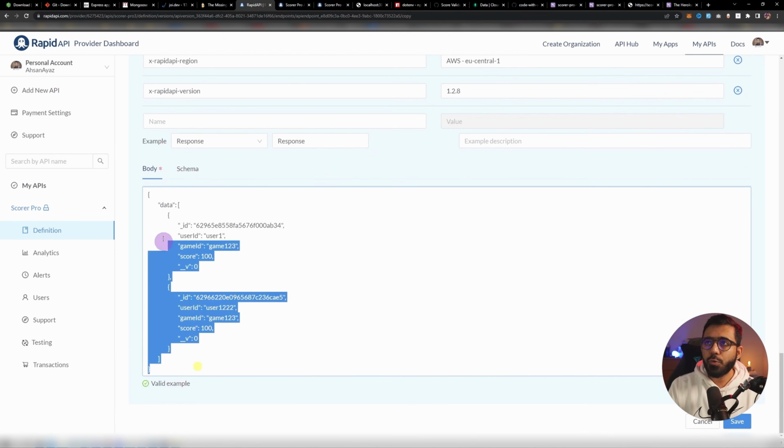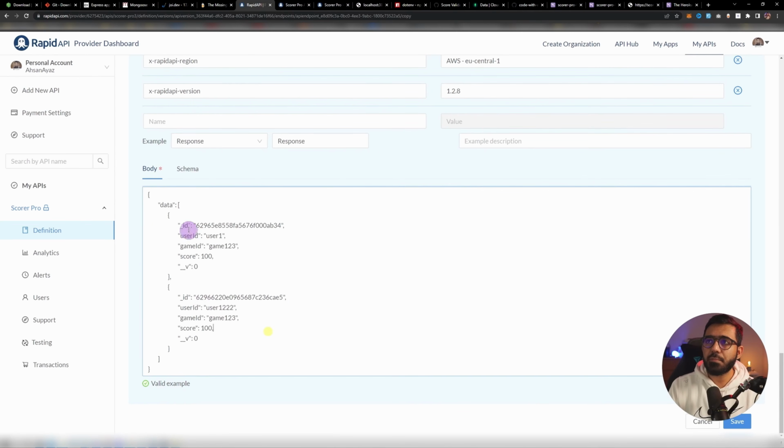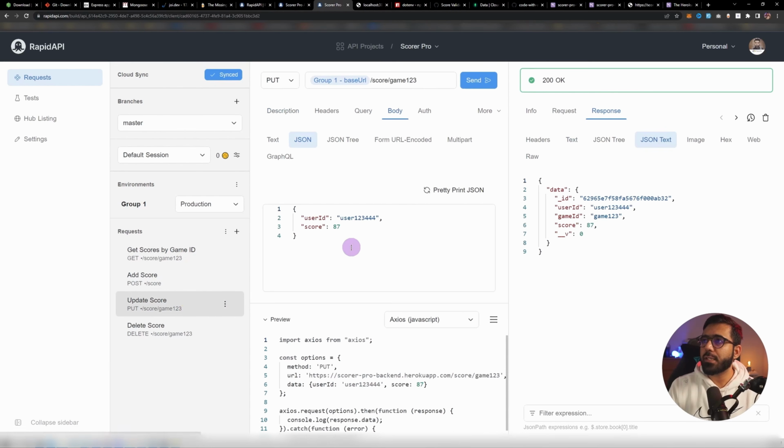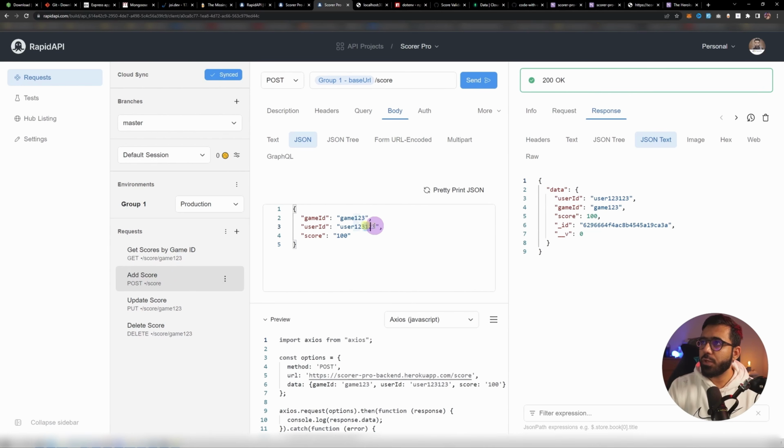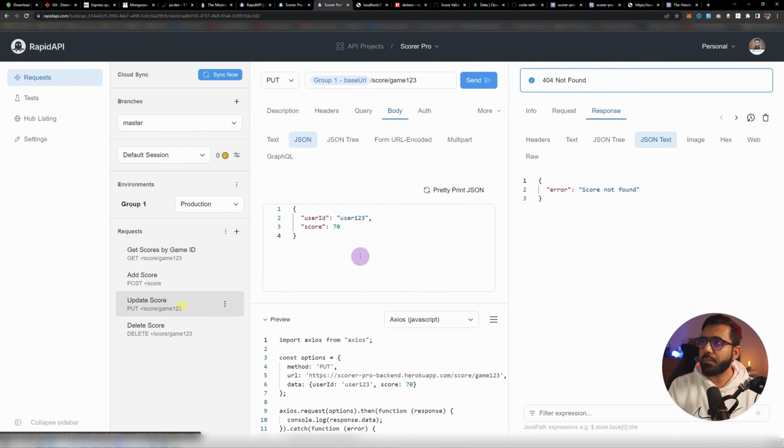So what I'm going to do is essentially mock this data. Maybe we could do it something like this. So game123 user123, just making it from a real call, let's say. If we do 70 and hit send, it says score not found. That is interesting. So we can maybe add one. Let's say game123 user123, and then we add one, which is 100,